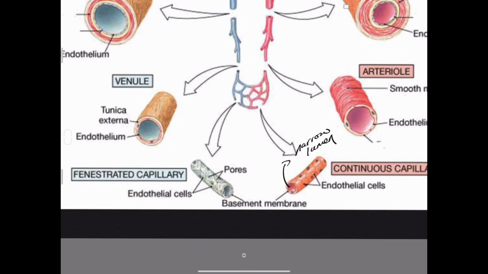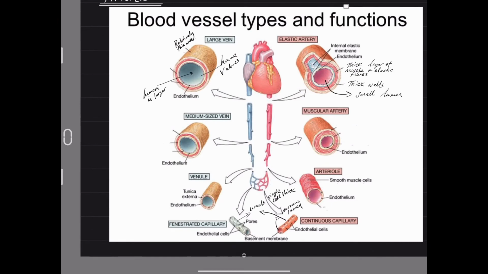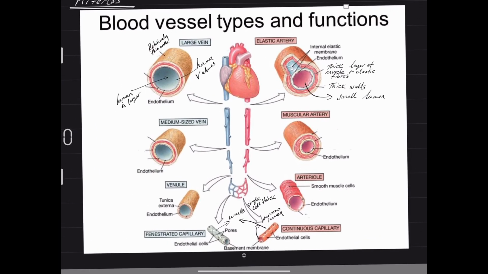And walls are a single cell thick. So we say walls, single cell thick. Okay, so you can see the quick overview of the blood vessels